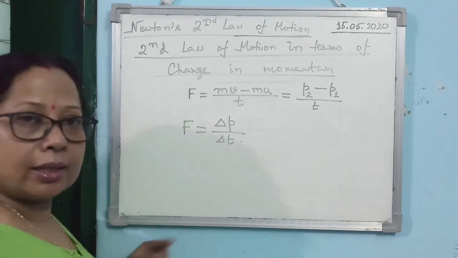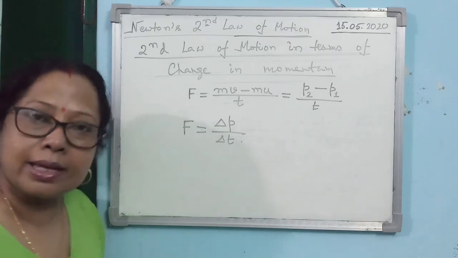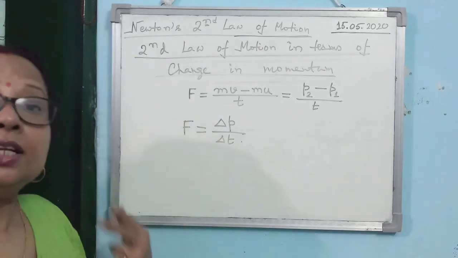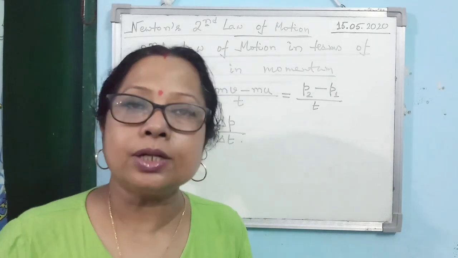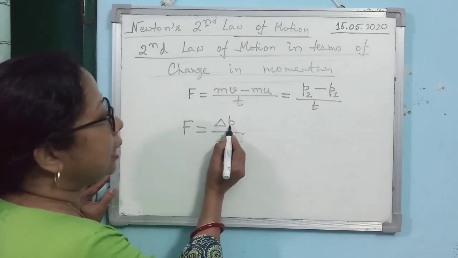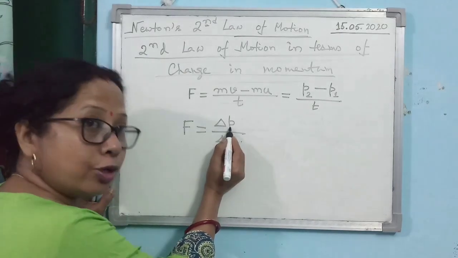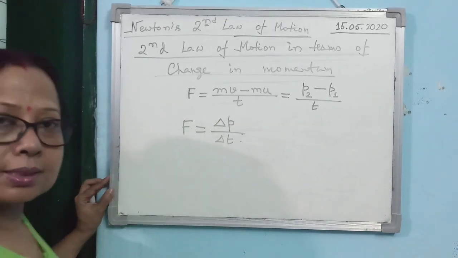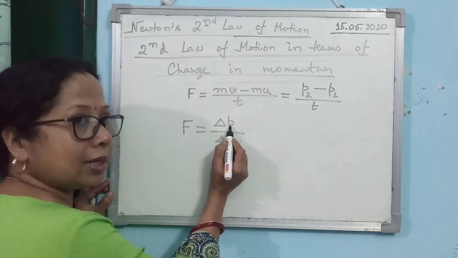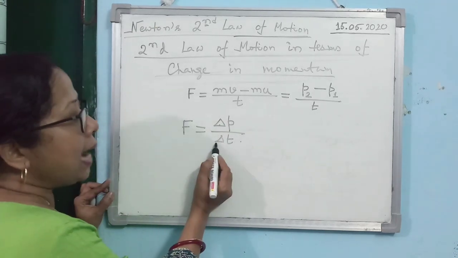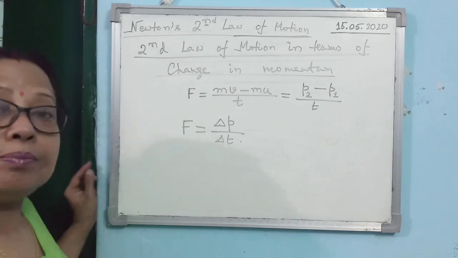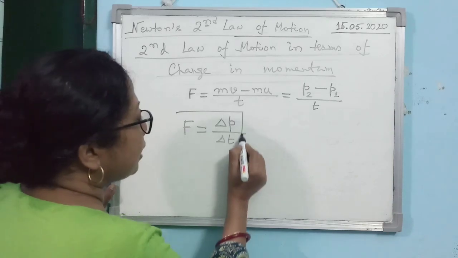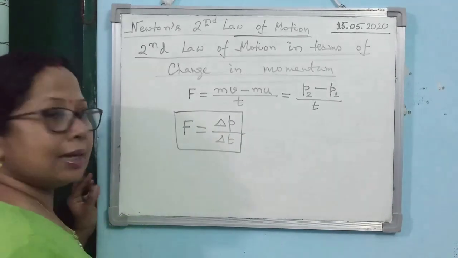Here this is not a samosa, this is called delta, D-E-L-T-A. It's a capital letter. Delta always represents change in physics. Alright, delta represents what? Change. So what is the meaning of delta p? Not delta into p. We write it like this. It is together, it has one meaning. Separately, it has no meaning. Is that clear? So delta p, what does it indicate? This is the change in momentum. And delta t, what does it indicate? Time taken or change in time. Is that clear? So you see, force you can write as delta p by delta t.